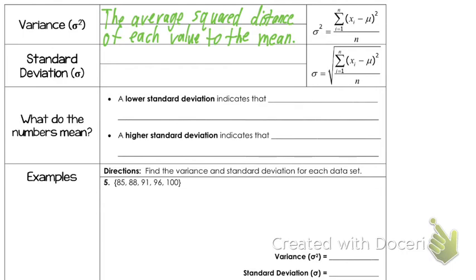So we're going to define standard deviation as the square root of variance, of the variance. And one note I want us to put on here is that standard deviation is often perceived or seen as the most useful measure